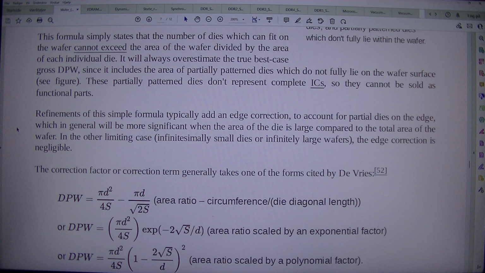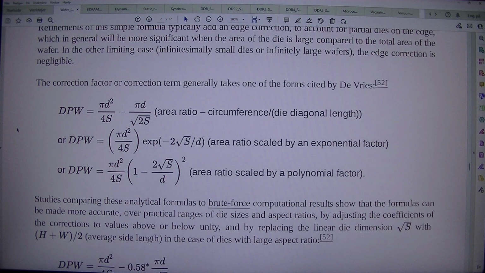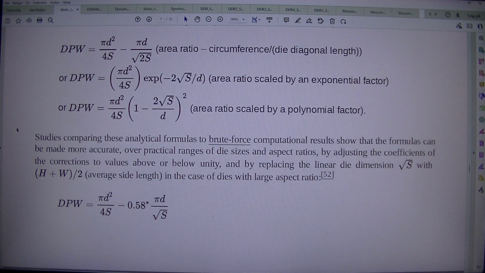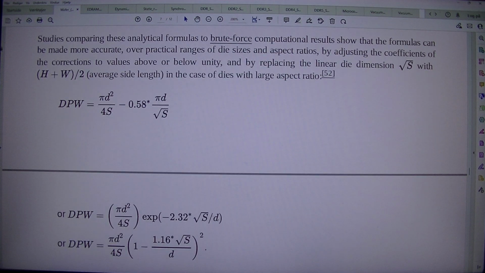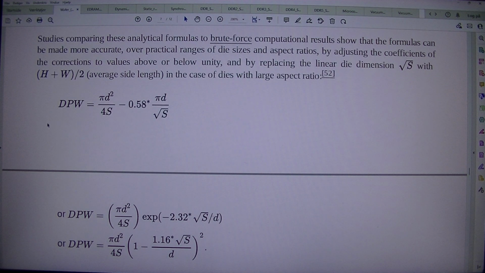The correction factor or correction term generally takes one of the forms cited by de Vries, Ferris-Prabhu, and Smiley: area ratio times circumference over die diagonal length, or area ratio scaled by an exponential factor, or area ratio scaled by a polynomial factor. Studies comparing these analytical formulas to brute force computational results show that the formulas can be made more accurate over practical